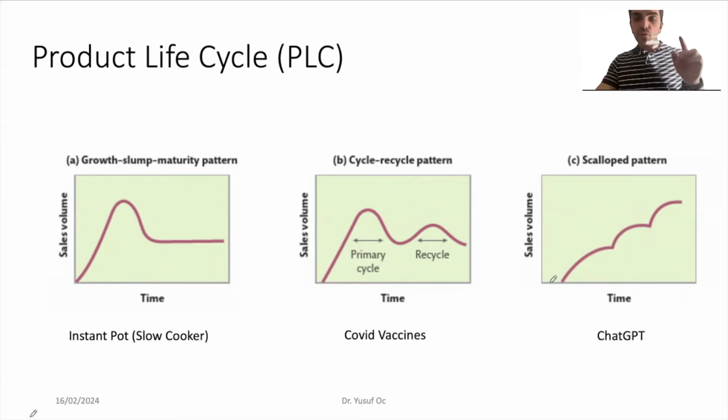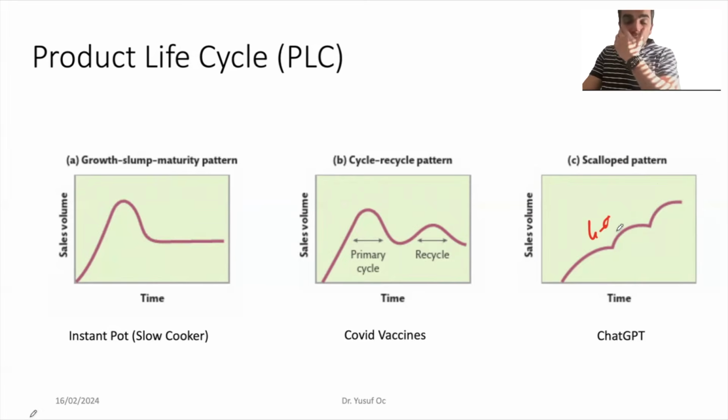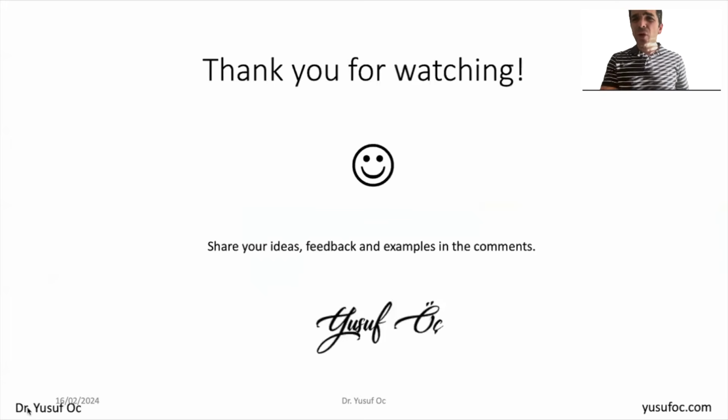And for the scale-up pattern, think of ChatGPT. When they first introduced ChatGPT 3.0, they had increasing sales, but then they introduced GPT 4.0, then they added DALL-E text to image generators. Now recently, they added text to video generators, etc. They keep introducing new products, new features to increase their sales and their user base. Okay, so that is something that you need to know when you introduce a new product. There are different patterns, and also there are different customers that you need to reach, right? So if you can activate innovators, they will help you to get early adopters, and then you can jump over the chasm to stay in the market.